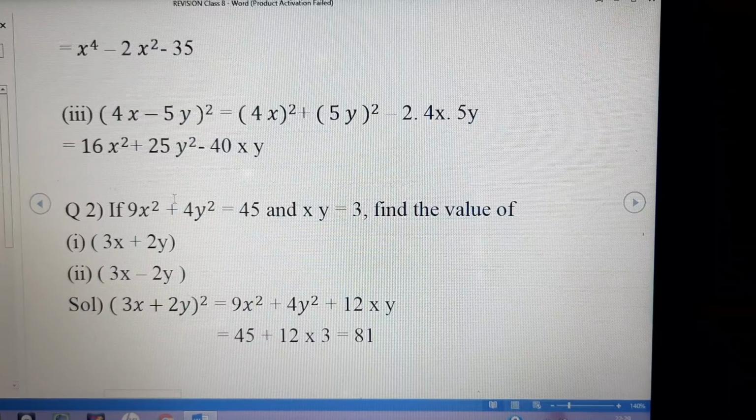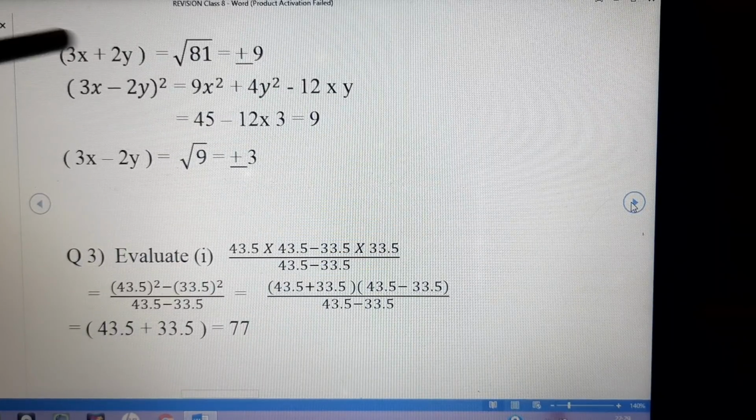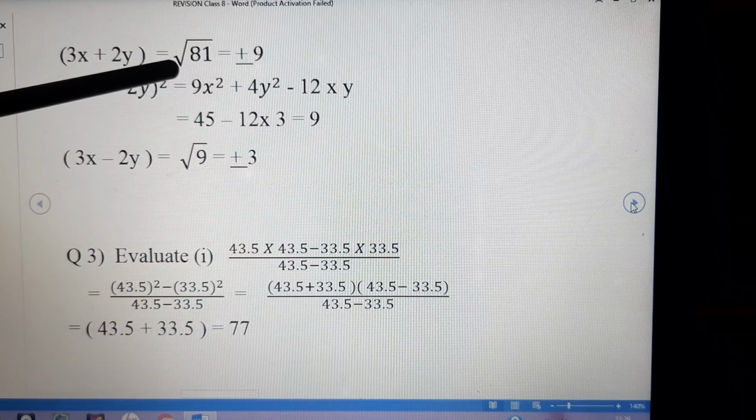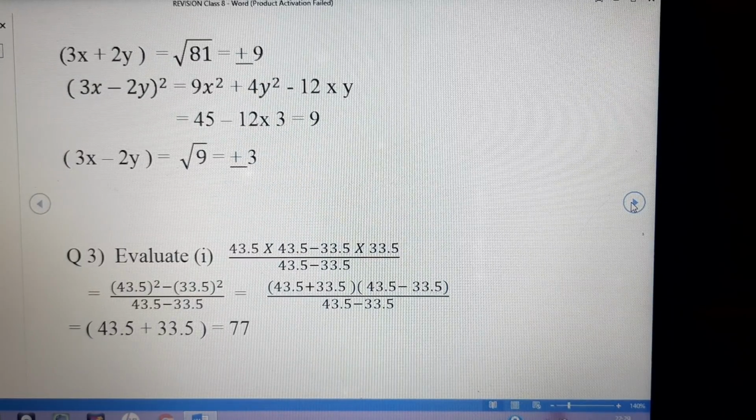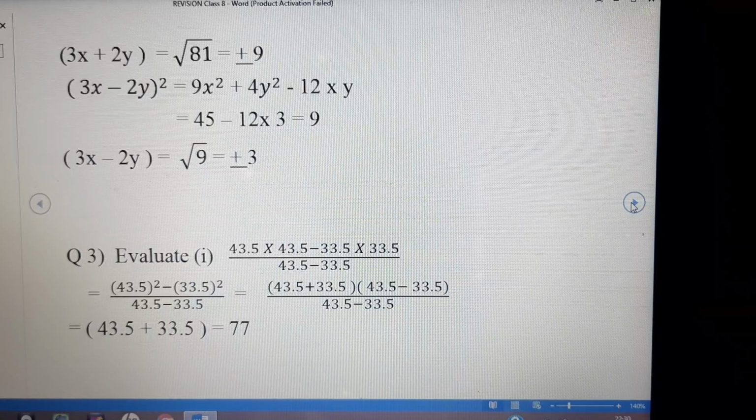So if the whole square value is 81, then if we remove a square from one side, the under root sign will appear on the other side. So under root 81 will be equal to plus minus 9, two values. If you do not write both the signs and write only plus 9,